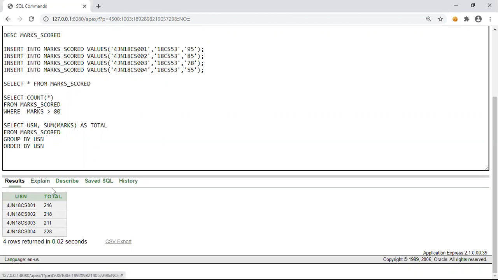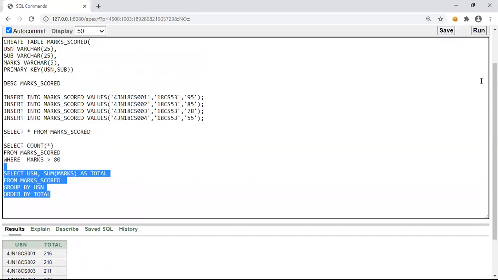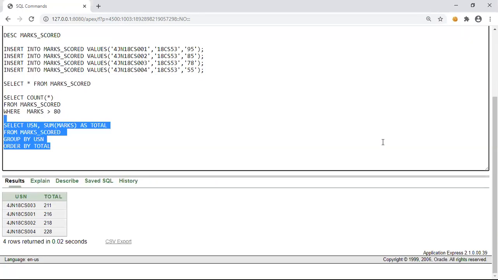Now, if we want to sort this data based on the marks scored, we can also do it. In place of USN, we can specify it like this. Okay, it is sorted based on the marks, but if you observe here, it is sorted in ascending order.